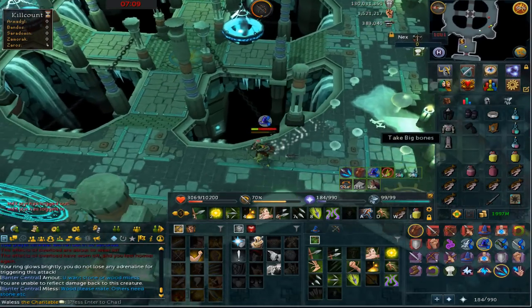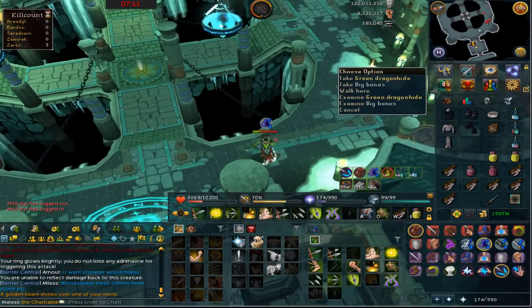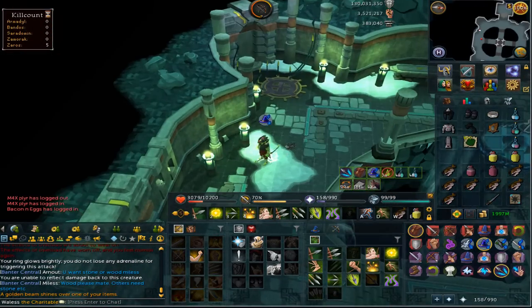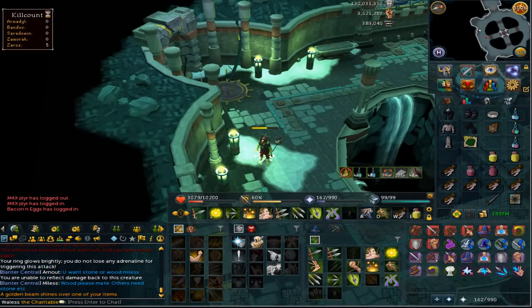Alright, there, that is our first Nex kill of the day, and what do we get? We get some green d'hide. That is pretty good. Anyway guys, welcome to episode 5. This is going to be the episode that we're going to price check the tab on at the end of